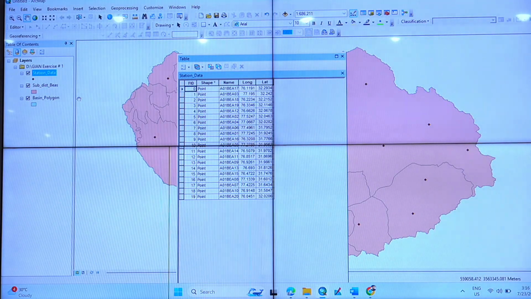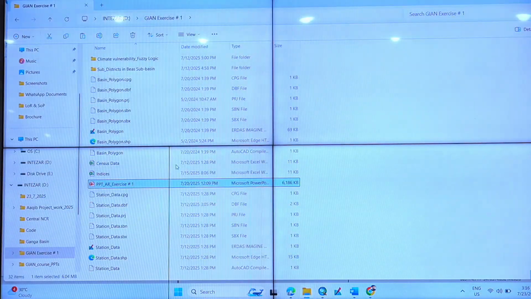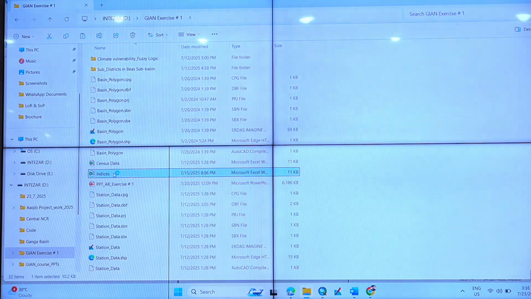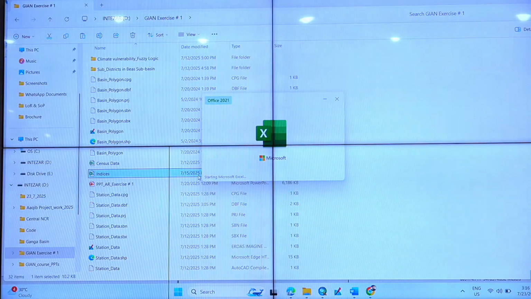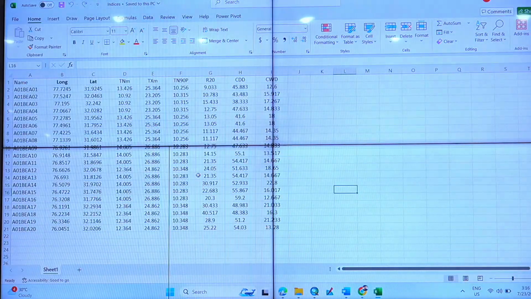So what we do is, let me show you this Excel data separately. These are the data we have. We have derived this from the first part I showed you.